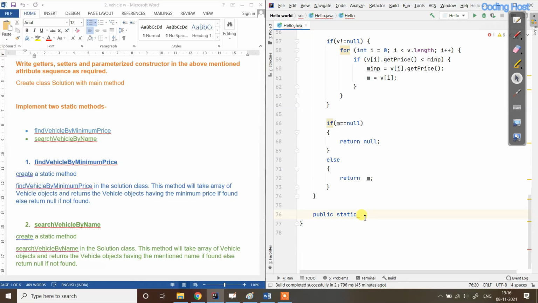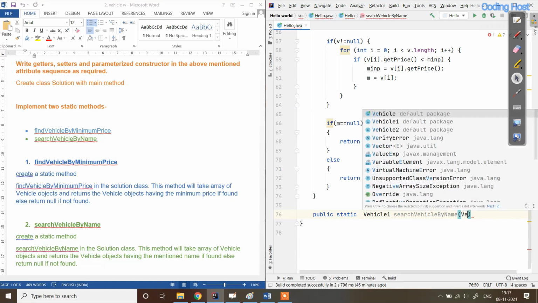So in this static method we again have to return an object. So I will take here Vehicle1, and its name is searchVehicleByName, and inside it we have to take a vehicle array.